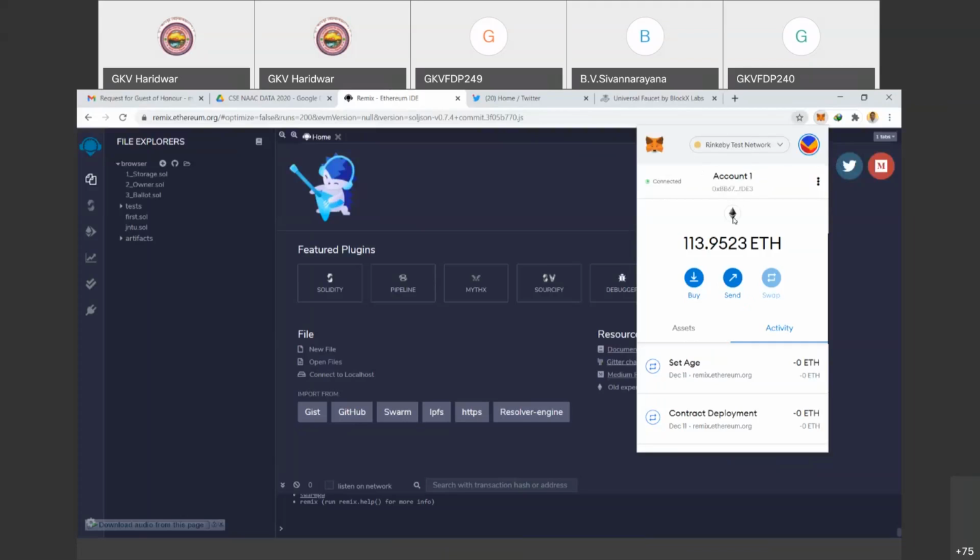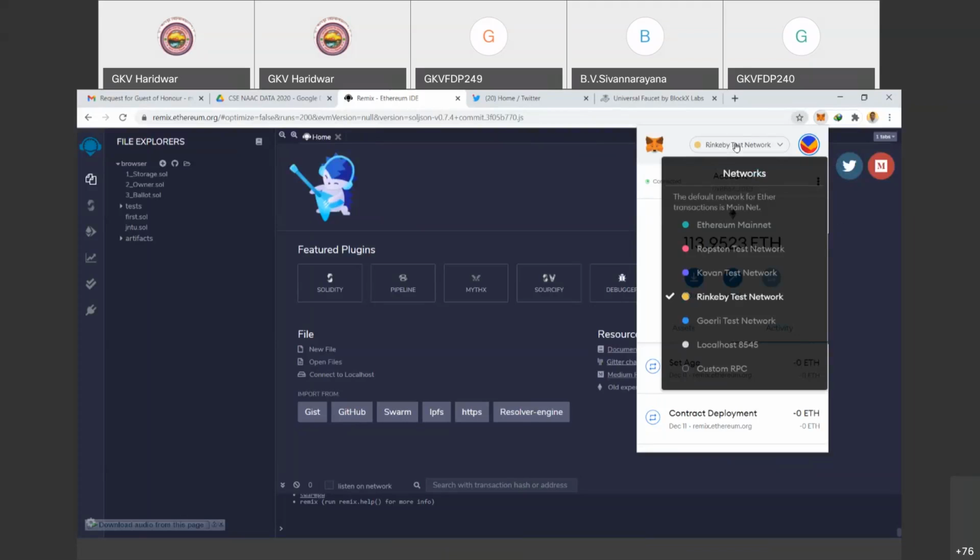Now, this is a MetaMask account. What is this MetaMask? This is a browser-based wallet where you are holding ethers. What is it used for? It is used to hold ethers. Now, let me tell you something very interesting. When we work on